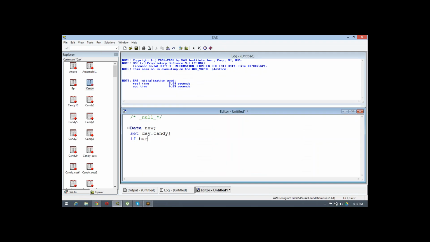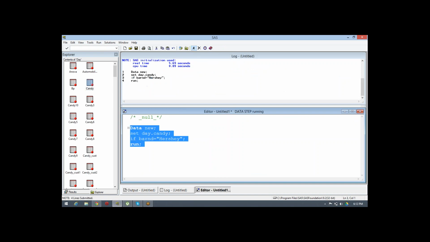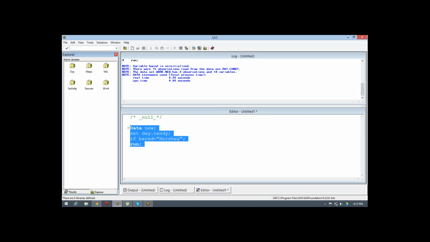If brand equal to Hershey, then what will happen? A new dataset gets created in work.